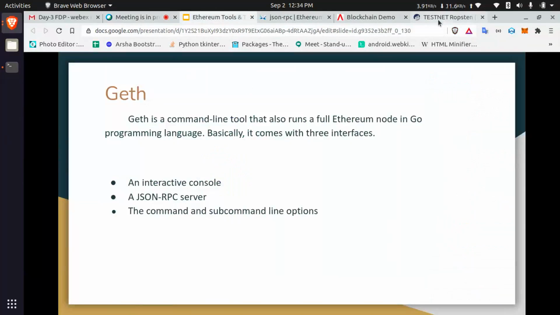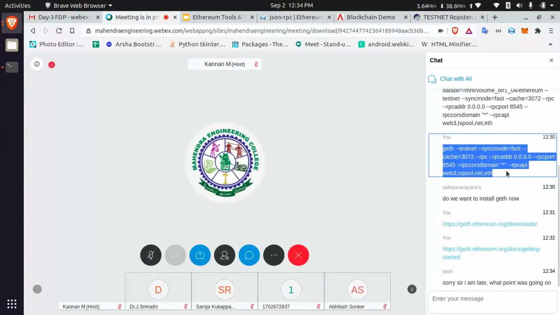How we can create it: I just pasted those Geth commands in that. If I mention testnet, it will connect with our Ropsten. If you mention mainnet, it will connect with the Ethereum mainnet. Other things like RPC mode, remote procedure call mode, I enabled. For the APIs, I need to use Web3 functionality, txpool, net, and then eth, so I enabled them. And then the RPC address I also mentioned; 0.0.0.0 means we can access it globally.